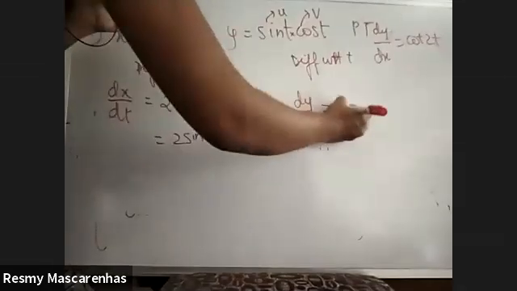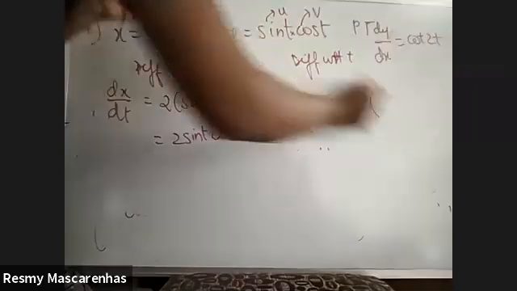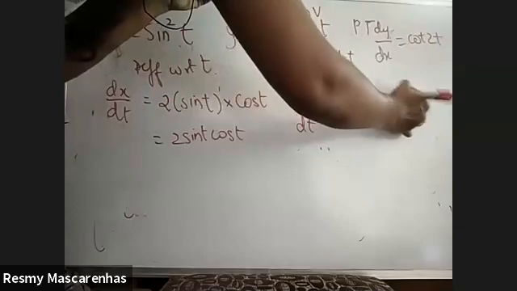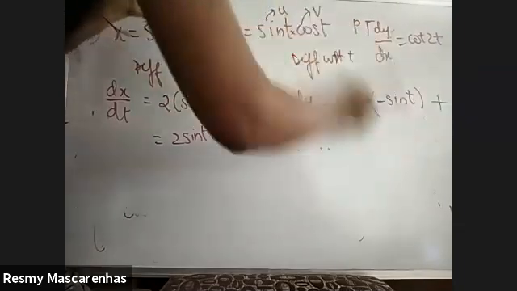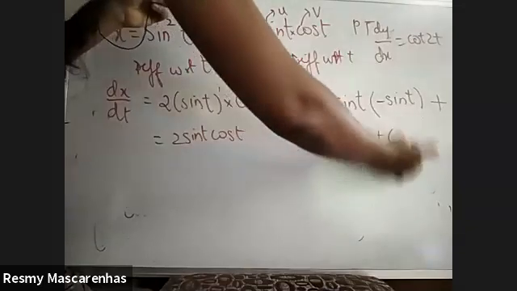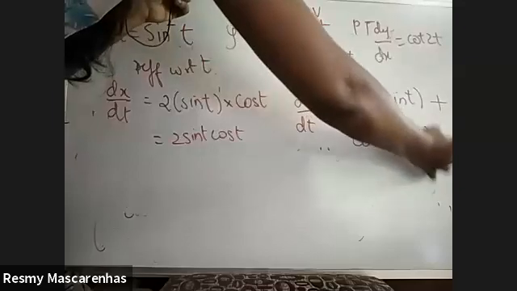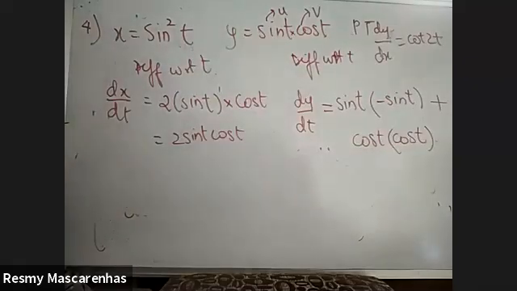So this will be u into derivative of v. Cos means what? Minus sine t, plus v into derivative of u. Derivative of sine will be cos. Please revise your formula every day. Because later on, if integration comes up, integration is exactly opposite of this. So it becomes confusing. So you have to get well versed with derivatives first. If you don't study properly, everything will become a mess.